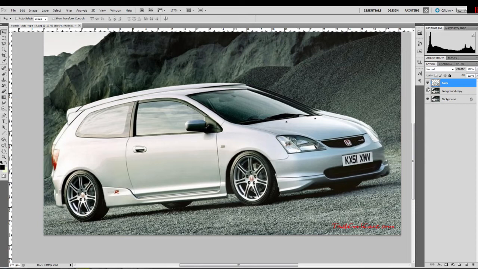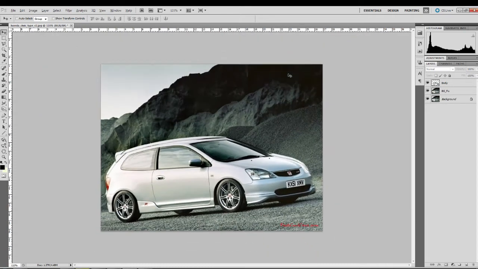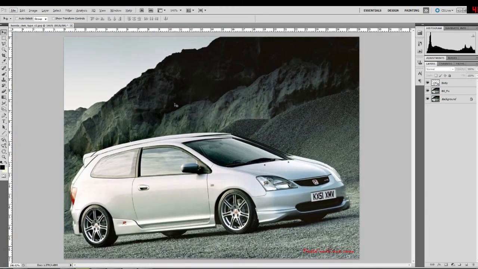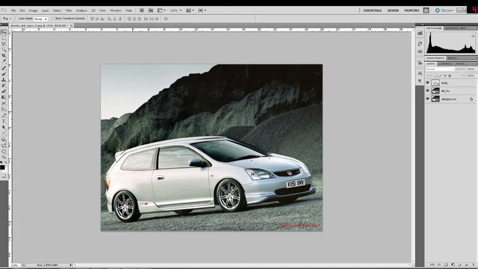Obviously you'll notice now that we have a duplicate of the car in the background, and this is why we have this background copy here. We're going to call it background fix, because that's what we're going to be doing, fixing the background. So we've got a lot of this nice gravel and cliffside in the background here,